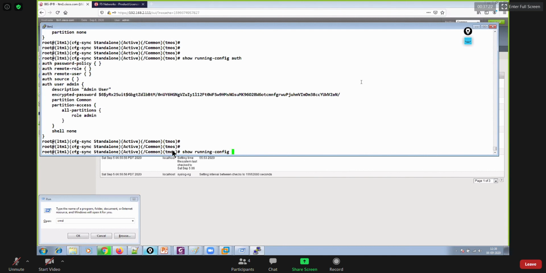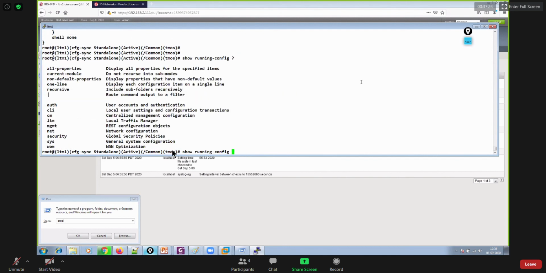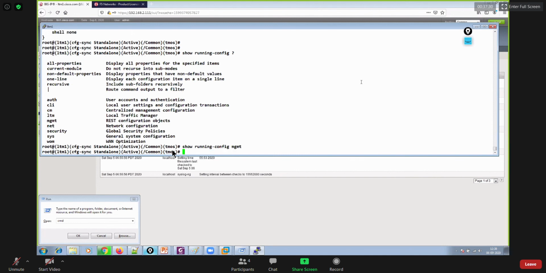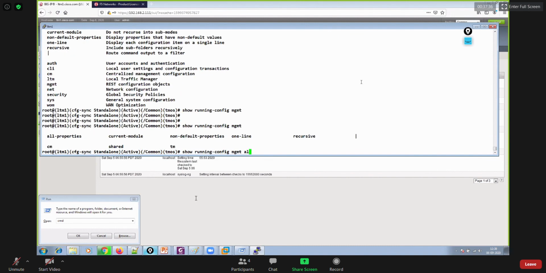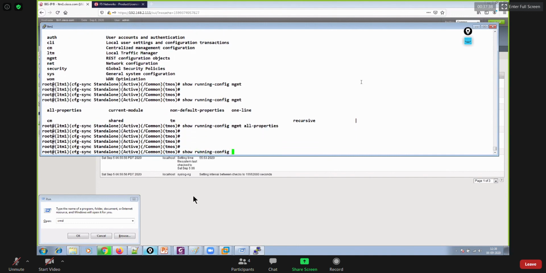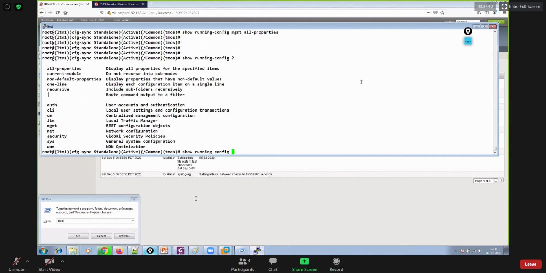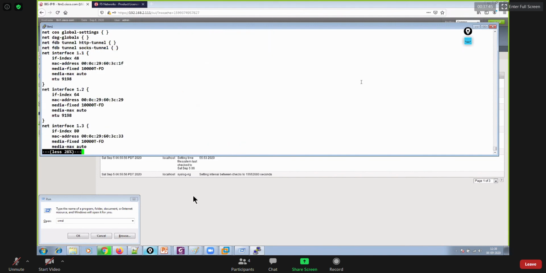Thereafter, you have multiple options. You could type a question mark, and then you could see everything related to the management interface, right? Show running, and then you could use any one of these options like the network tab. So there is running configuration for the network tab, right?